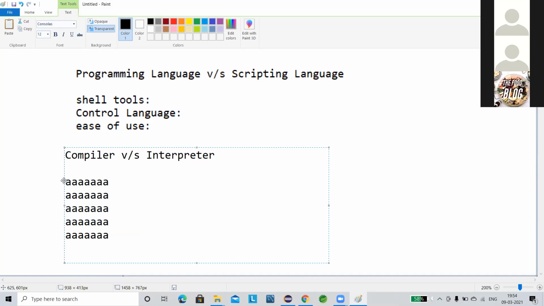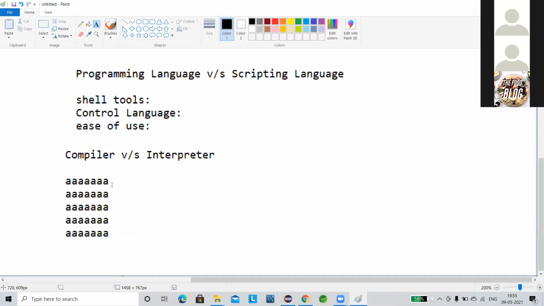The compiler will read it in that fashion, again and again. So basically, we say that the compiler executes the whole code at once and the interpreter executes line by line individually. The concept is that the interpreter provides the result only up to that line. Up to that line, it will execute the content and provide the result.